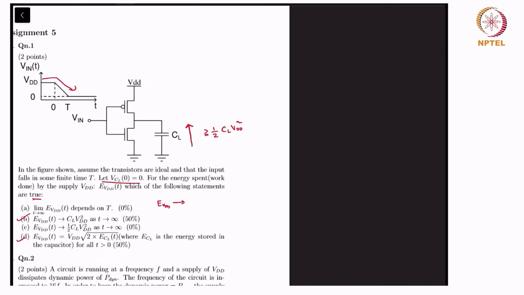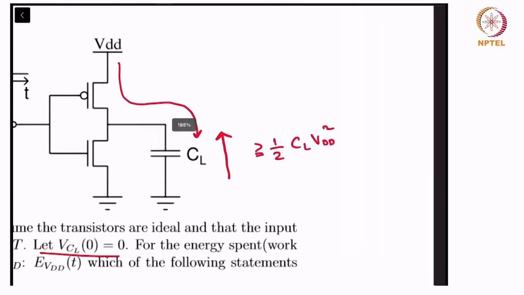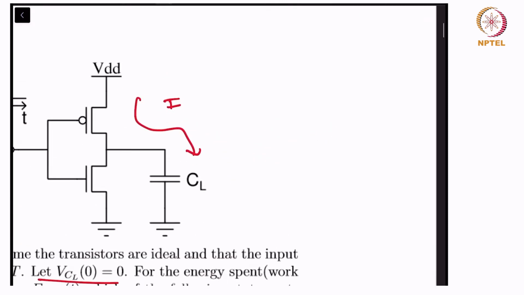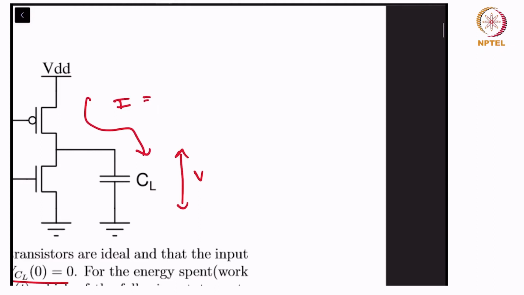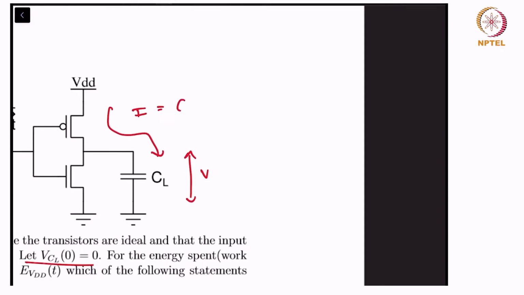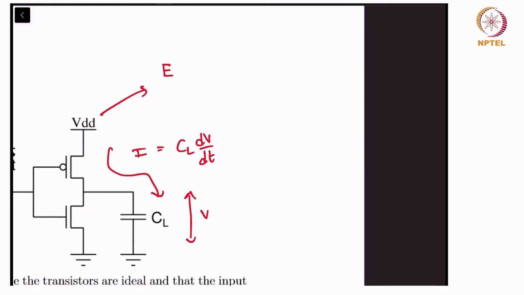The current in the capacitor will be the current through the PMOS, and also the current coming out of the source VDD. The current, let's say that's I, and let's call this node voltage V. The current is equal to CL dV by dt,